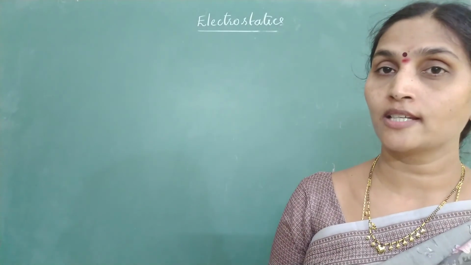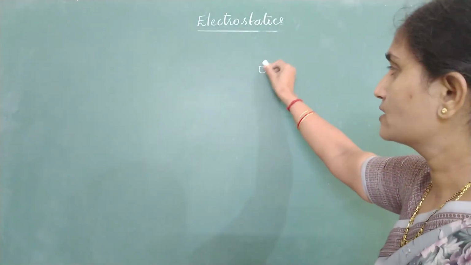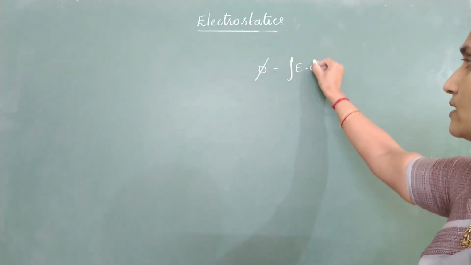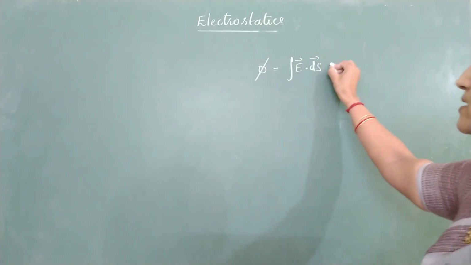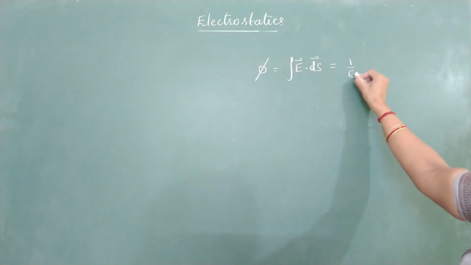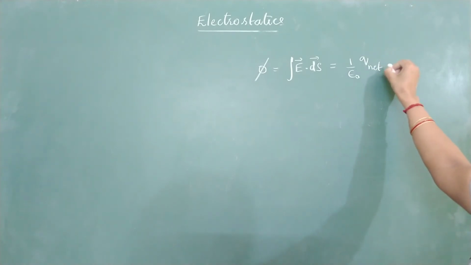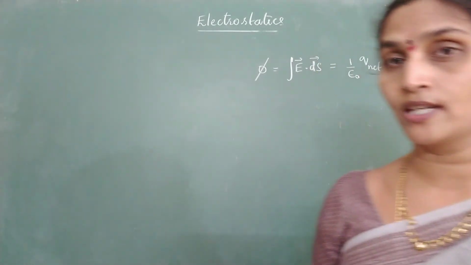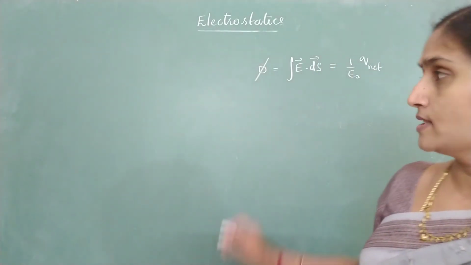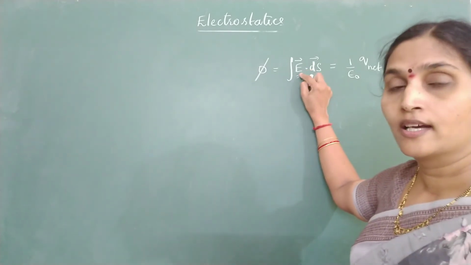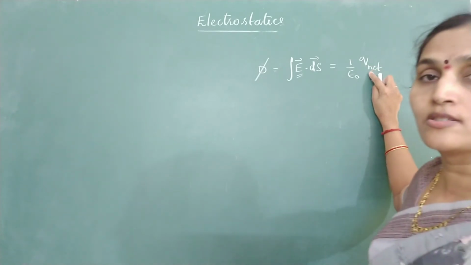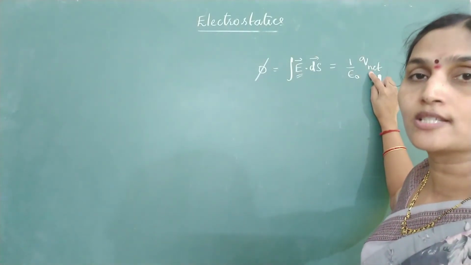Okay, now coming to questions related to Gauss law and its applications. We know for Gauss law, the net flux passing through a closed Gaussian surface, integral of E dot ds, is equal to 1 by epsilon naught times the net charge enclosed by the Gaussian surface. While studying questions on Gaussian surface, one very important point to remember is that the field you are calculating is because of all the charges present in the vicinity, whereas Q net is only the charge present inside the Gaussian surface.